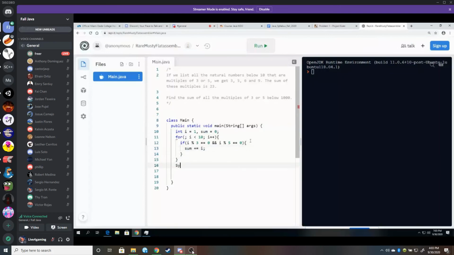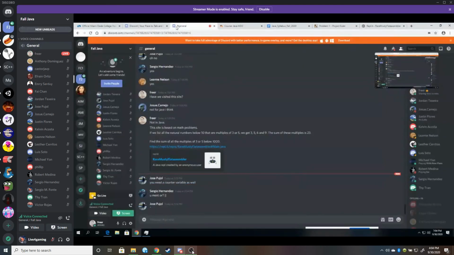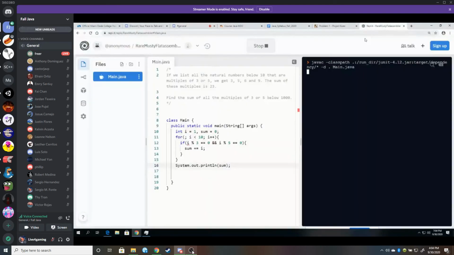And at the end, we can just print out System.out.println(sum). Okay, so we run it, and we should see the answer. Let's see. So it should be 23.